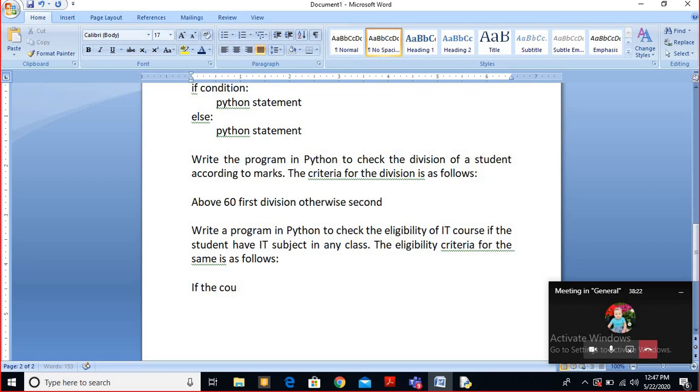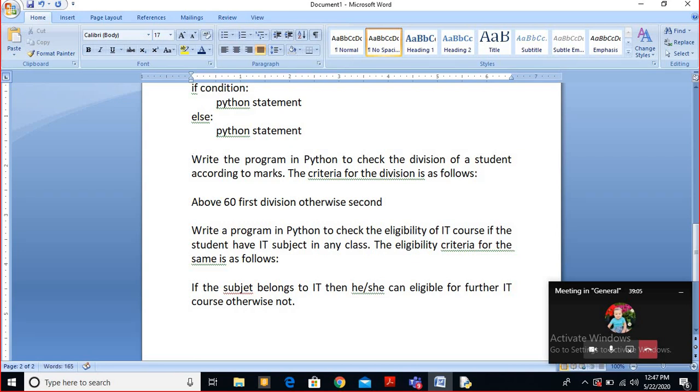If the subject belongs to IT, then she is eligible for the further IT course, otherwise not.